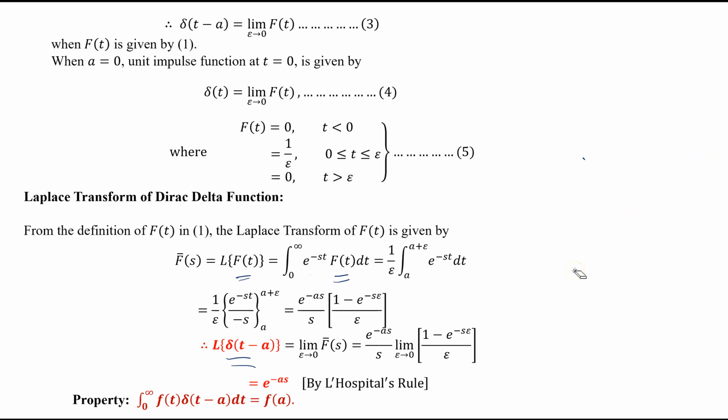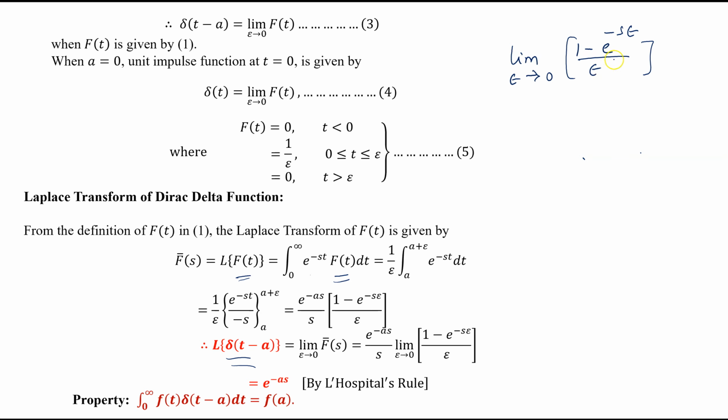What is L'Hospital's rule? If you consider limit epsilon tends to 0 1 minus e power minus s epsilon upon epsilon, here we can't find value of this limit directly by applying epsilon equal to 0. When you put epsilon equal to 0, this becomes infinity. So we have to apply L'Hospital's rule. Before applying the value epsilon equal to 0, we have to differentiate numerator and denominator separately